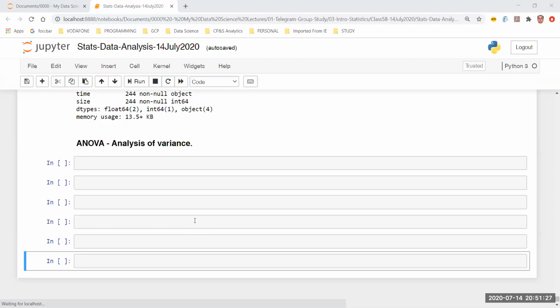So I may not be in a financial position to run all three factories. I would like to know if there is one factory out of, let's say, three factories A, B, and C, and the general assumption that anyone will have, which forms the null hypothesis, is that the mean production of each and every factory is roughly the same.